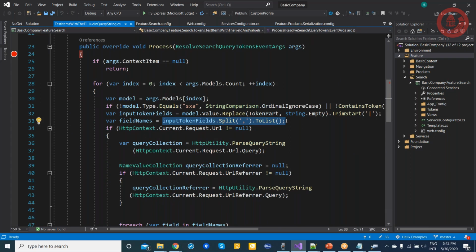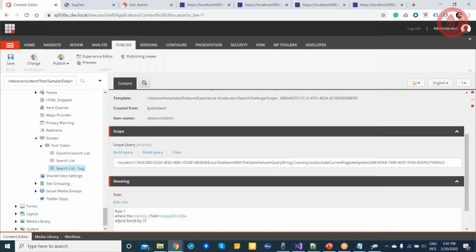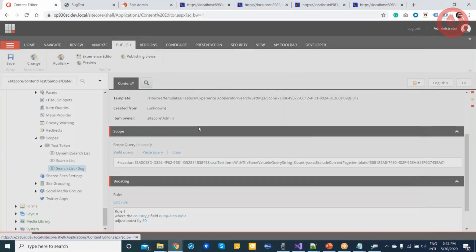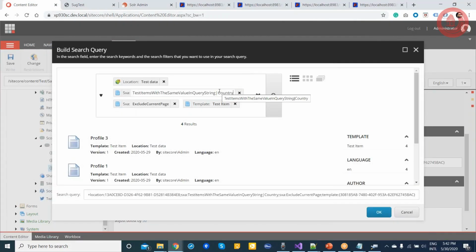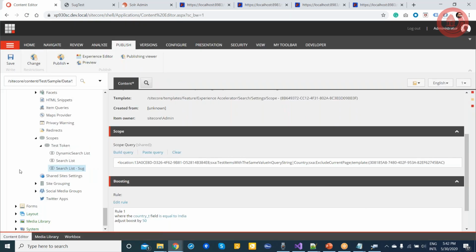I can pass them as comma separated. Like I want to pass, let's say, country as well as name. I didn't save last time.